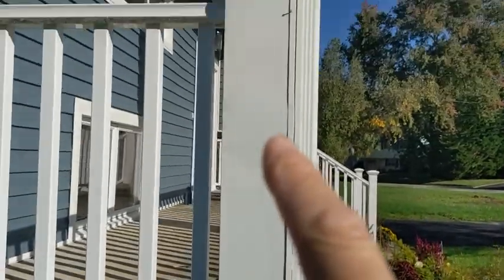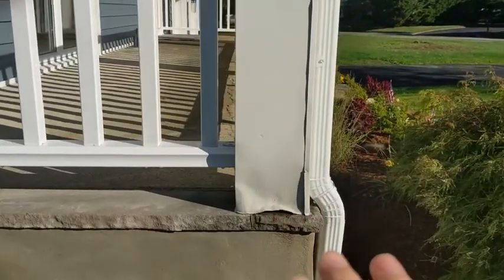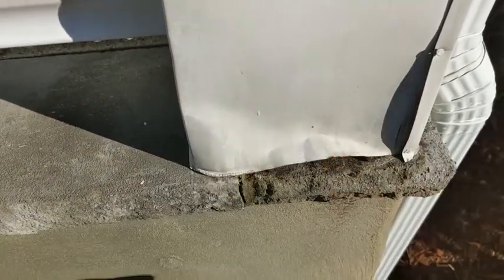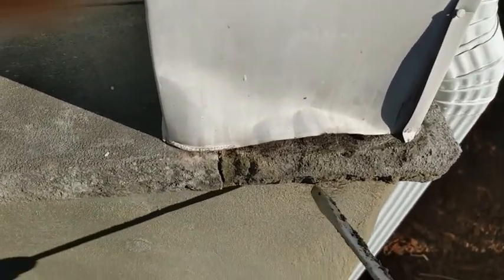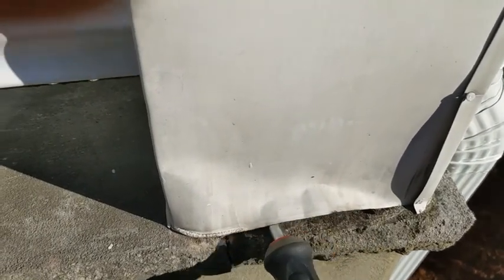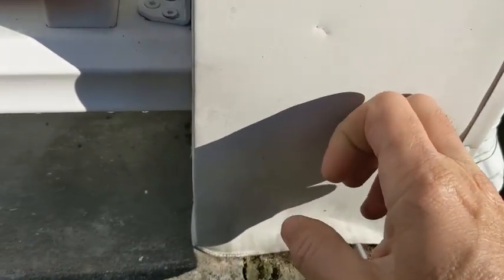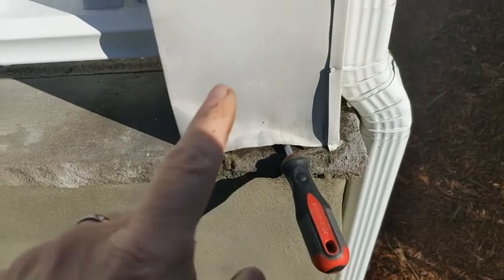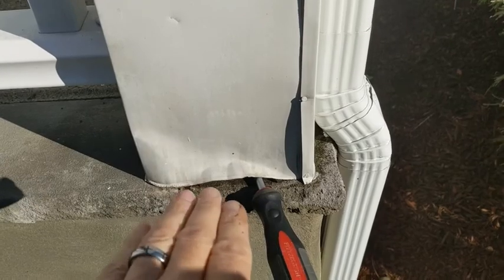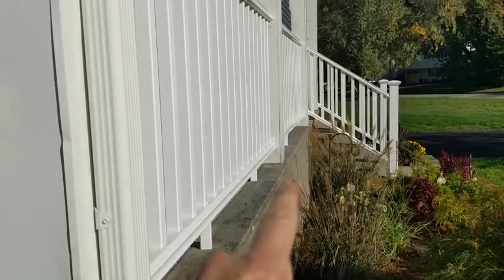Whenever we have porch roof columns like this that support a porch roof like this right here, what I always like to do is try my best to put a screwdriver or a probe under here, and that's going to really help us determine if there's wood rot. But look at this, there's nothing under here. It's just basically the aluminum left, which is the exterior covering. So these are difficult to diagnose. We have to definitely get something under here to see if there's any kind of water damage, but it's really difficult to see what's going on under these